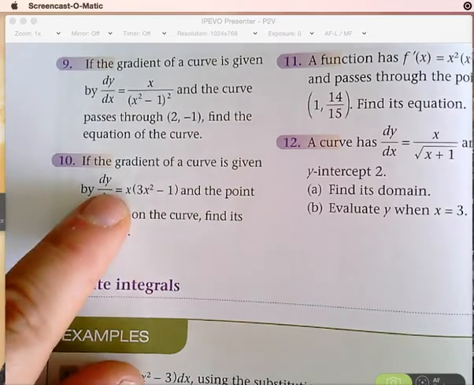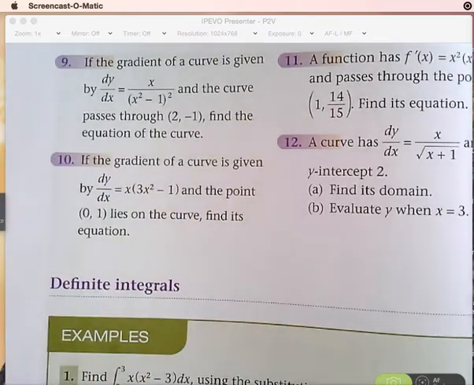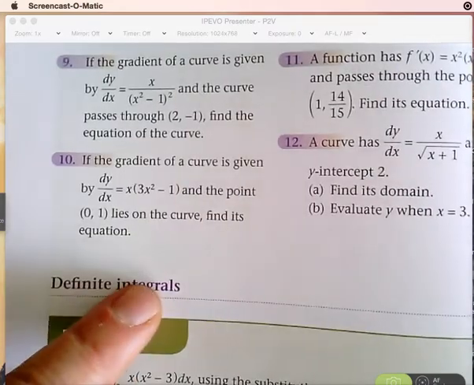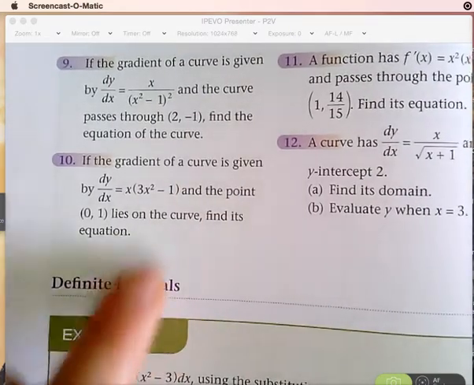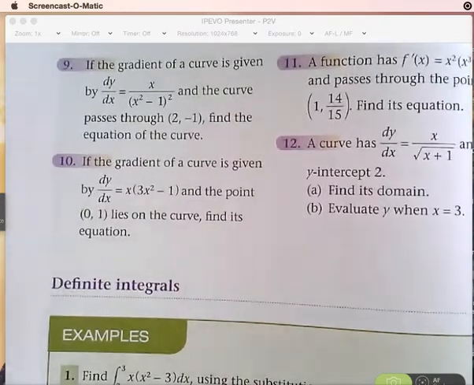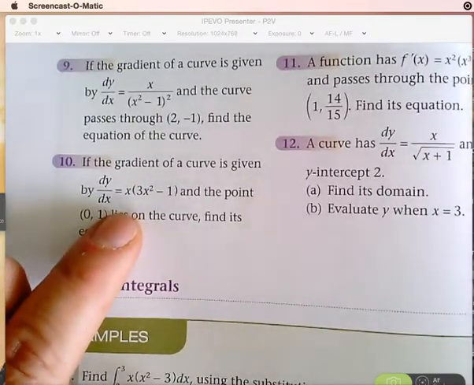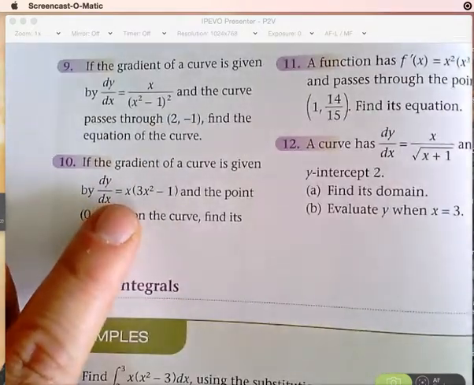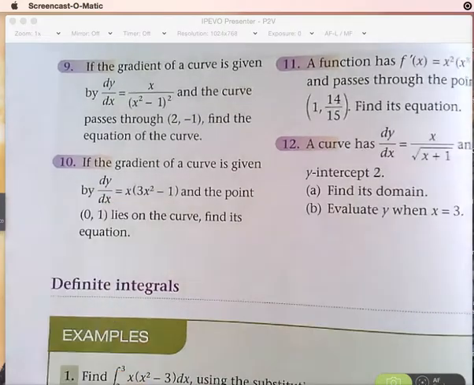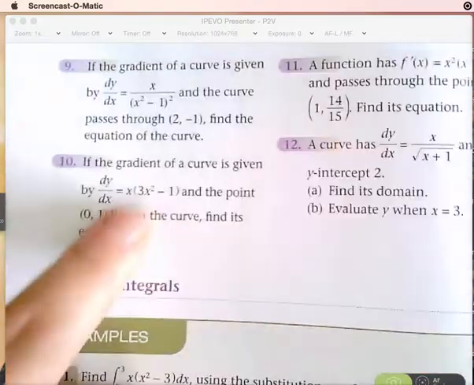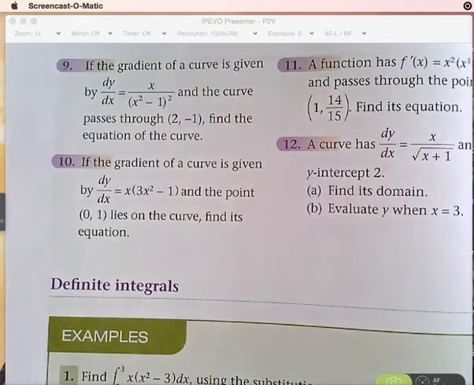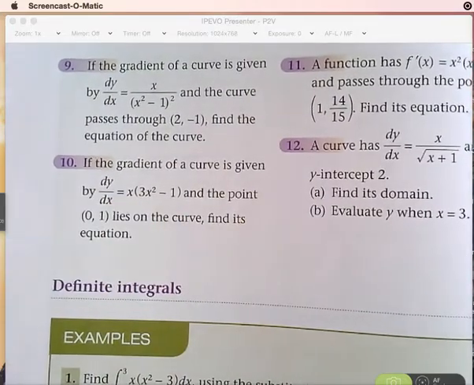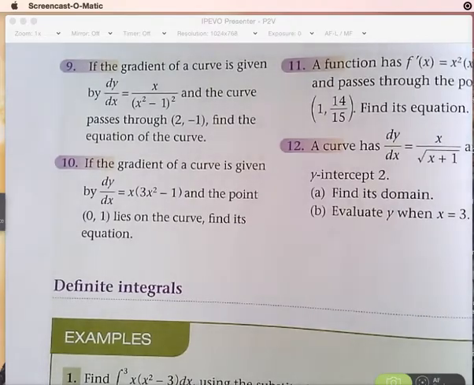Yeah, no. I've got 3x cubed minus x. Yeah, you would expand it before you integrate. Do you get it? For question 10, I would just expand before I do the integration because there's no square roots anywhere. There's no squared or cubed functions. It's just like that question in the exam, if there are no square roots or cubes or to the power of 4s or 5s or squareds,